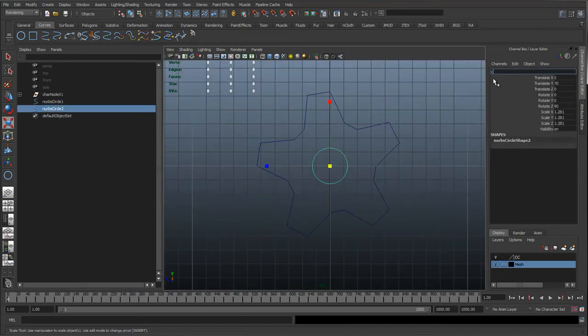So I can do the same with these, start renaming them, CC underscore COG, and this will be the upper body. I'll just put upper body in it.